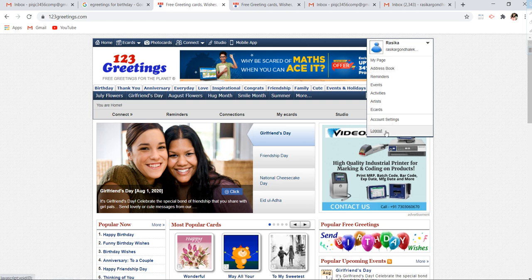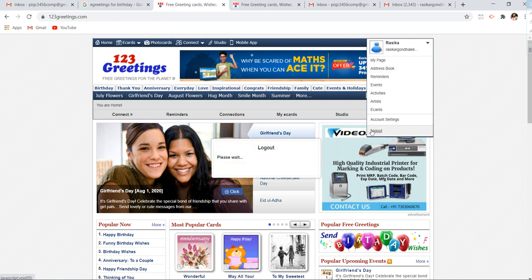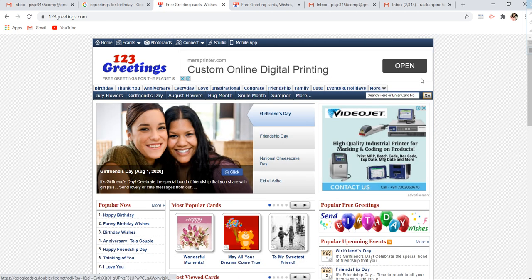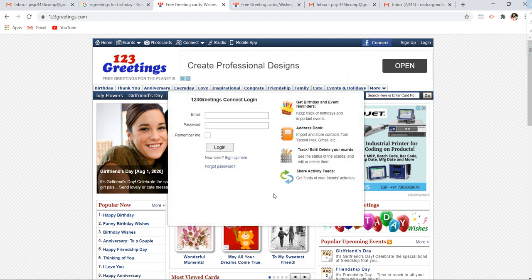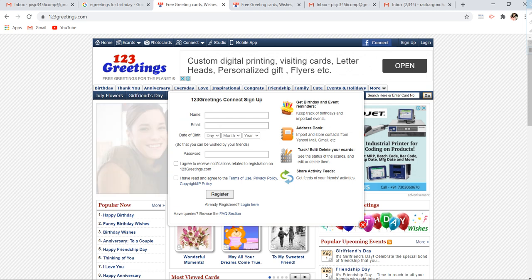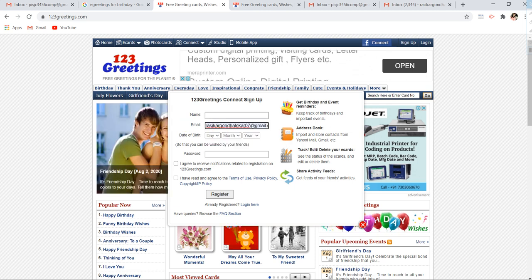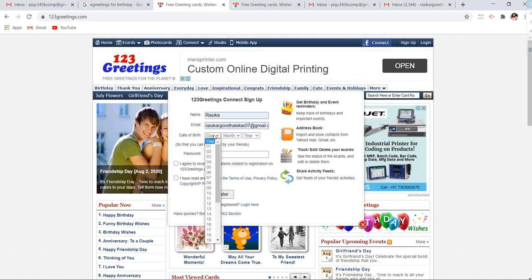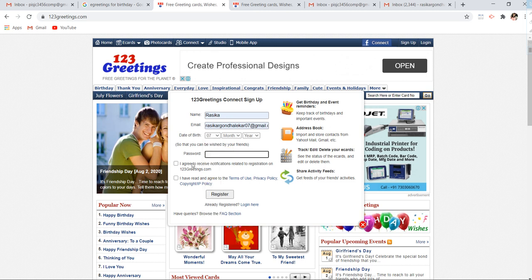I have already logged in, so I'm logging out again. I'm showing you. So sign in. So login. First of all you have to log in. If you have not logged in as such, then sign up here. Then you have to mention all the details like name, email ID, birth date, then mention your password, agree to both the things and register.